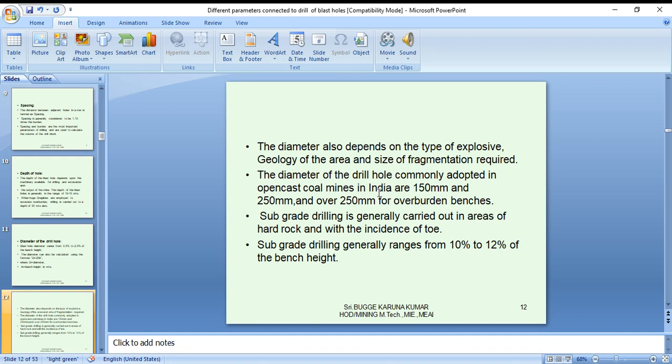The diameter also depends on the type of explosive, geology of the area, and size of fragmentation required. Whether you go for good fragmentation or dimensional shape stone type, the blasting is different. The diameters of drill holes commonly adopted in open cast coal mines in India are 150 mm and 250 mm, and over 250 mm for